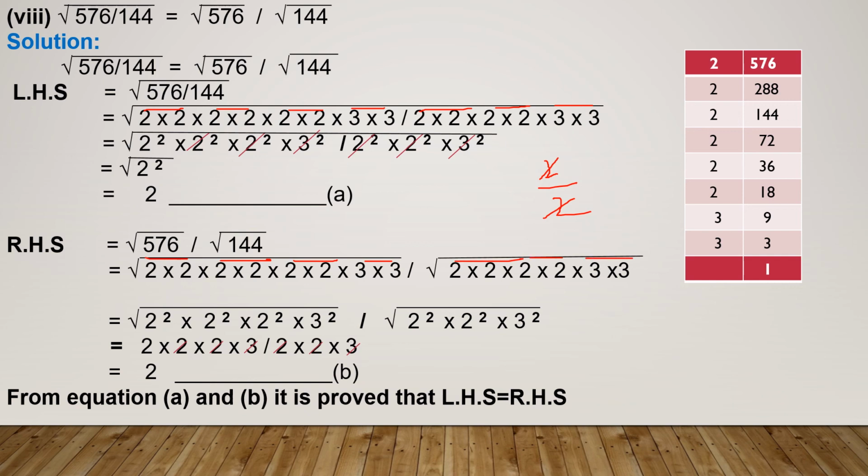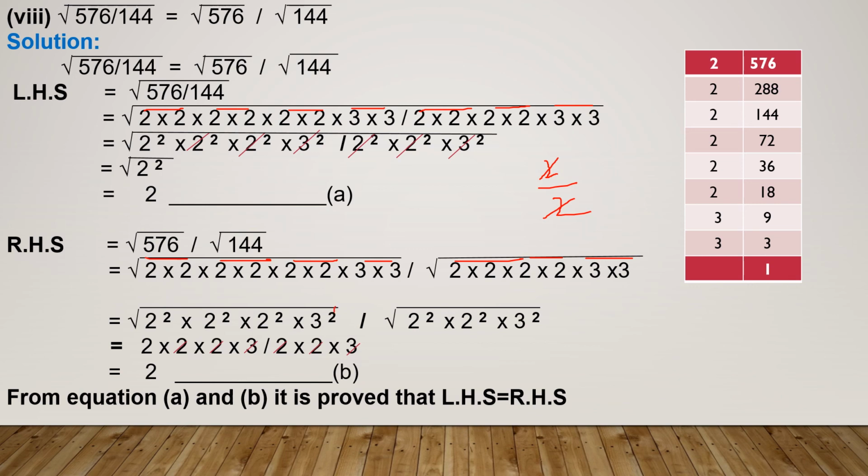Now tell me, can we cancel out this 2 square with this 2 square? No, we can't. Here all these squares are under one square root, that's why we cancel these with each other. Here these squares are not under one square root. Here we have a square root on the numerator and separately on the denominator, so we can't cancel 2 square with this 2 square. First we will solve this square root.